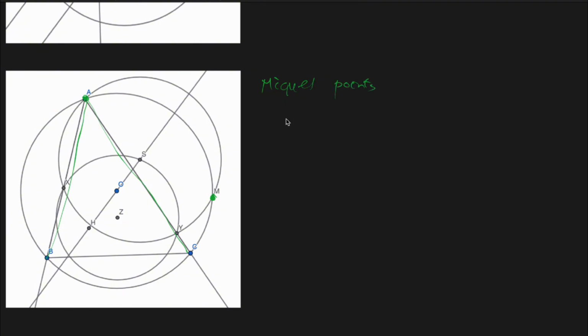This is a bit more advanced theory, but we actually don't need a lot of concepts. We just need a simple fact about spiral similarity with these circles, which can be quite easily proved, so I'm not going to go over that. But essentially, from this, if we look at B, X, C, Y, we see that BX meets CY at the point A, which is also the intersection of these two circles, and we see that the circle XYA passes through ABC at M. So what this means is that M is the Miquel point